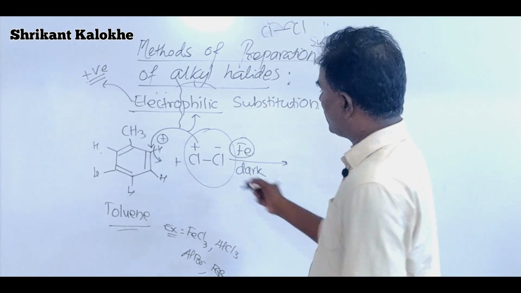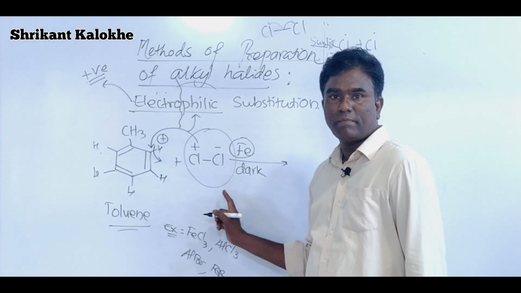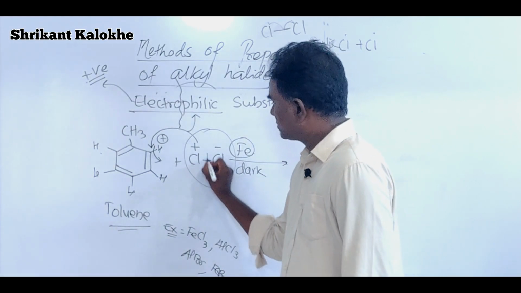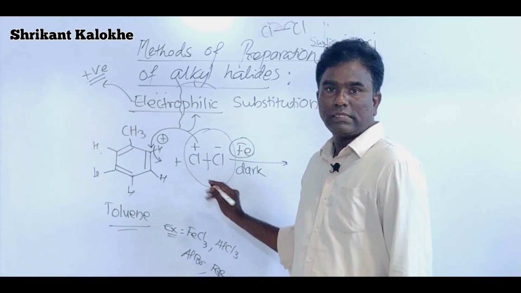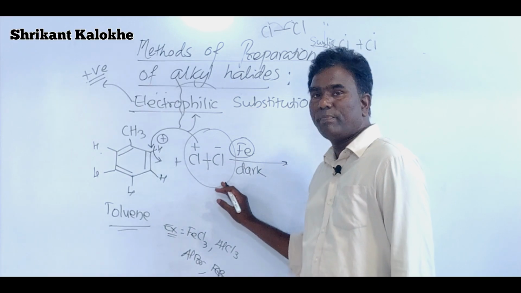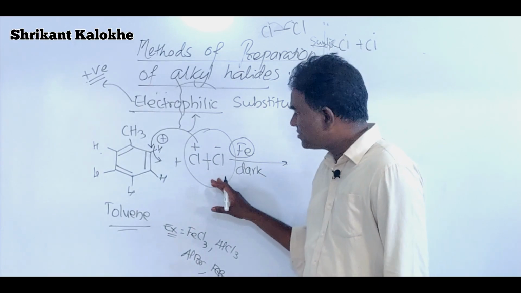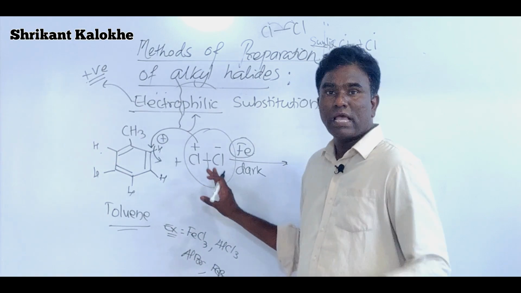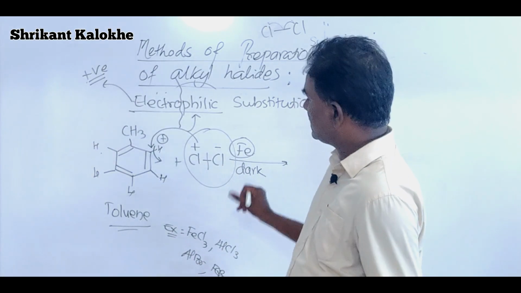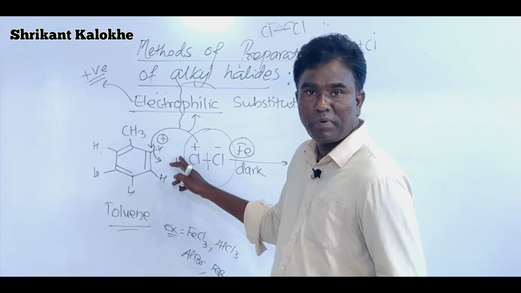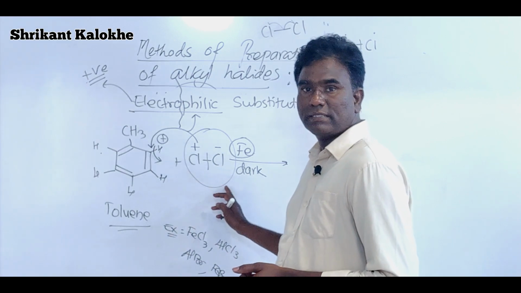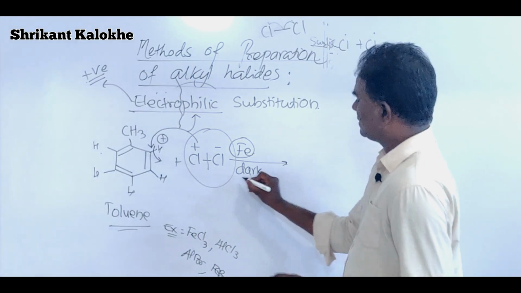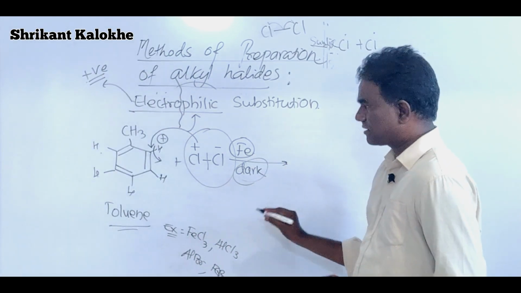Okay, and you will not get Cl plus and Cl minus, because in presence of sunlight that bond gets broken in a symmetrical manner. The bond between chlorine and chlorine gets broken in a symmetrical manner to produce Cl dot and another Cl dot. Here we have considered one chlorine as a plus, another chlorine as a minus, and therefore sunlight should not enter this reaction, and this reaction has to be maintained in a dark condition.